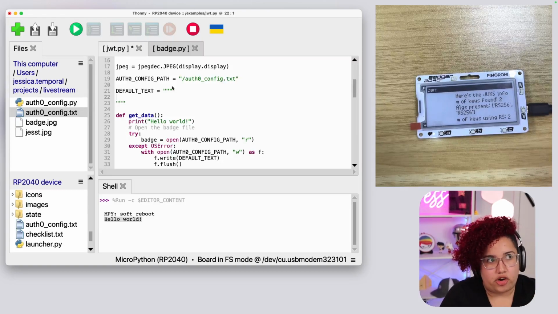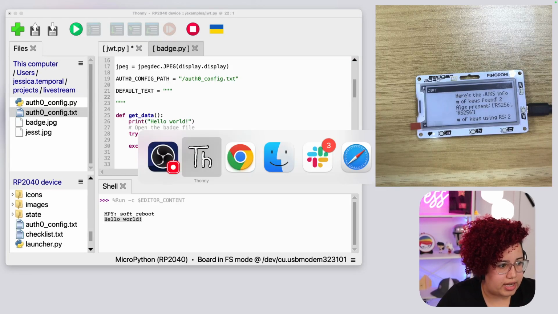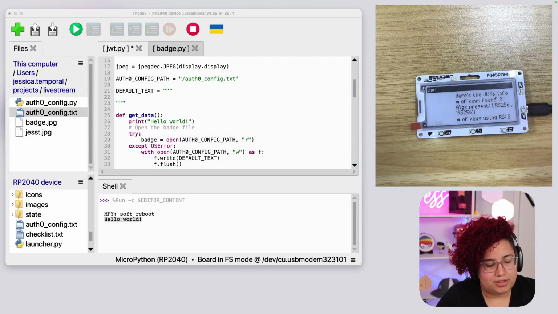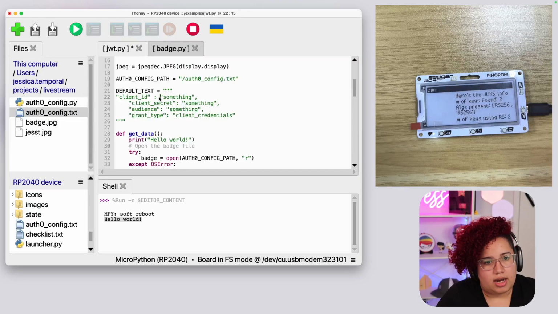But there are 4 pieces of information, if I'm not mistaken, inside of the auth0 config, and I have a cheat sheet of sorts that I can look at, and I'm going to copy that information in here. So the full text, basically it's client ID first, client secret second, audience, and grant type in the end.